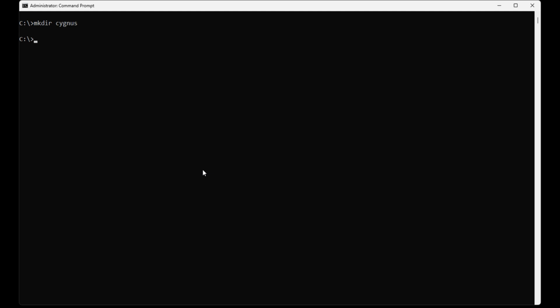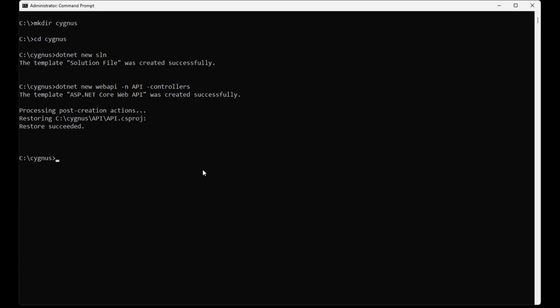so create a new solution. We already created a Cygnus folder, so we go into the Cygnus folder. Now create a new solution for .NET. The solution is created, and we create a web API project. API is the folder name. Next we create class library projects for application, domain, and infrastructure. So I can create for